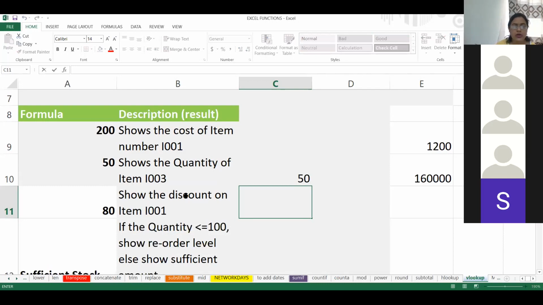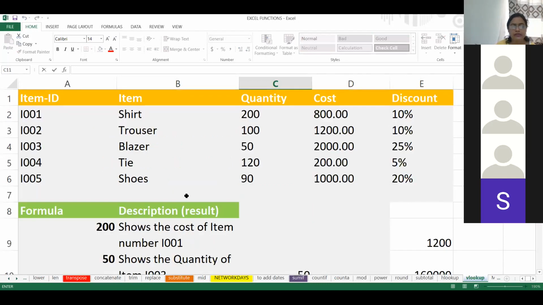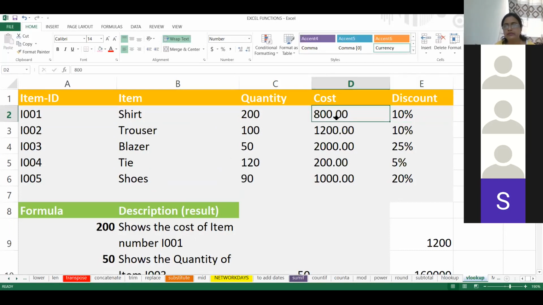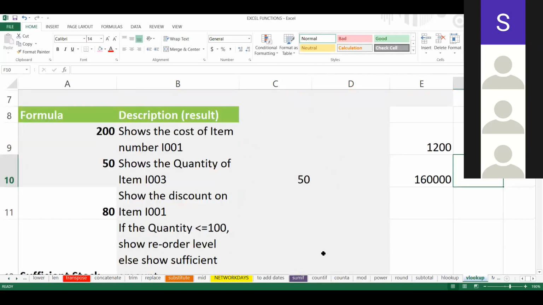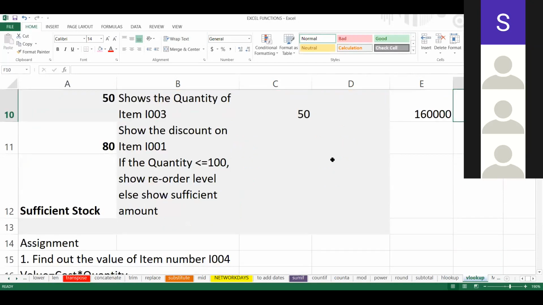Show the discount on item I001. So I want the answer as 80. How to do that? Any idea? Equal to VLOOKUP. Yeah, we will do VLOOKUP equal to VLOOKUP.